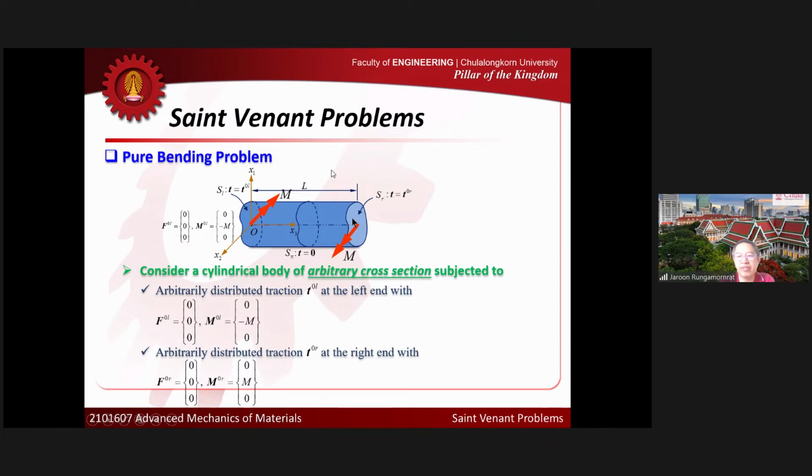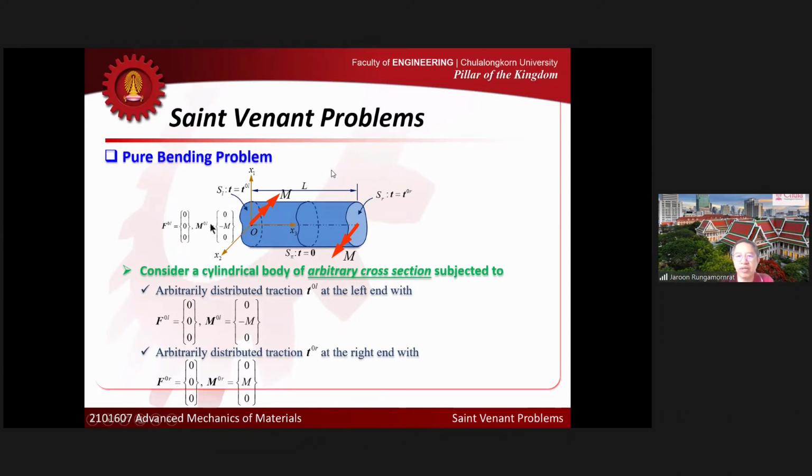I would like to get the solution inside. Okay, because the moment that I look at here can be generated from an infinite number of tractions. There are several types of traction that can generate this moment. Okay, so now the distribution of the traction at the left and at the right end